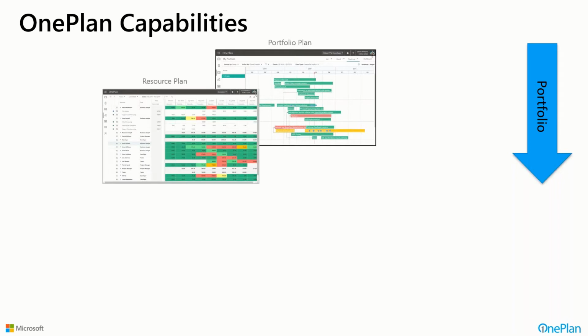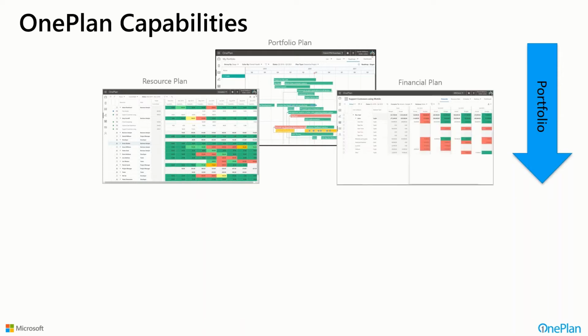Now, resource capacity planning, consistent across all your projects, regardless of the methodology you're using, is something that OnePlan accommodates. And the resourcing that you do in here and the cost and the rates associated with those resources can actually drive labor costs in your financial plan, but you can have detailed financial plans with the cost categorization that aligns with the way your business looks at costs, or potentially even the way you want to align it with your financial systems, and be able to have that capability brought to bear right within OnePlan.